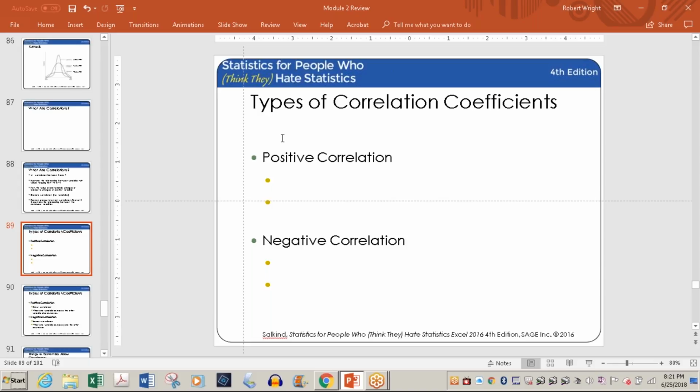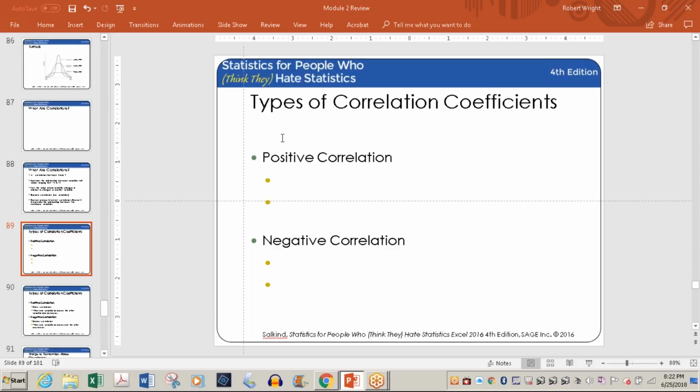An increase in A equals an increase in B. Then you have negative correlations, and as you would probably gather, that means the exact opposite. The more you increase A, the more B decreases. The more weight in a set of barbells, the fewer times you'll be able to lift them.